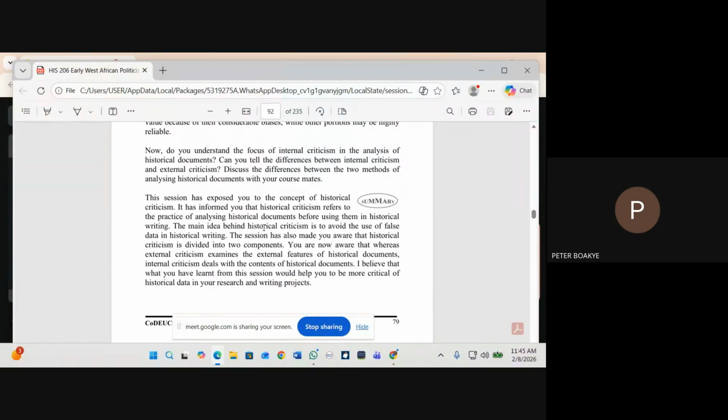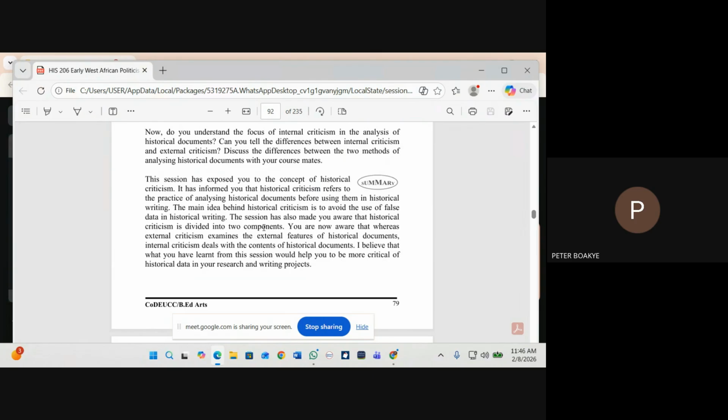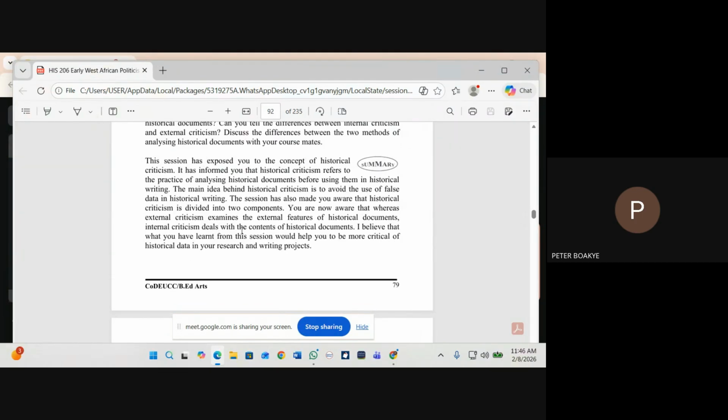In this session, like the last session, session 6, we have exposed you to the concept of historical criticism. It has informed you that historical criticism refers to the practice of analyzing historical documents before using them in historical writing. The main idea behind historical criticism is to avoid the use of false data in historical writing. The session has also made you aware that historical criticism is divided into two components, internal and external. You are now aware that whereas external criticism examines the external features of historical documents, internal